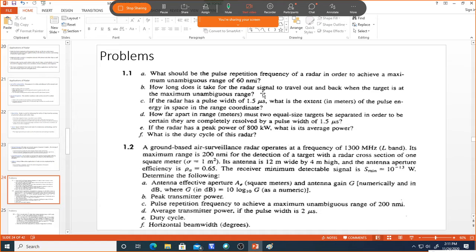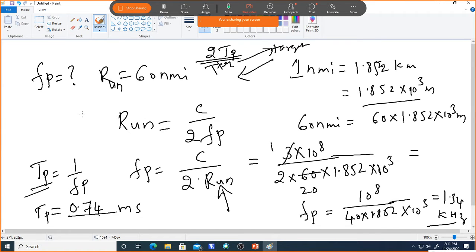Now, if the radar has a pulse width of 1.5 microseconds, what is the extent of pulse energy in space, in range coordinates? So we need to find the pulse energy. In order to find the pulse energy, we need to know the transmitted power. If the transmitted power is known, then we can find the pulse energy, which is given by,